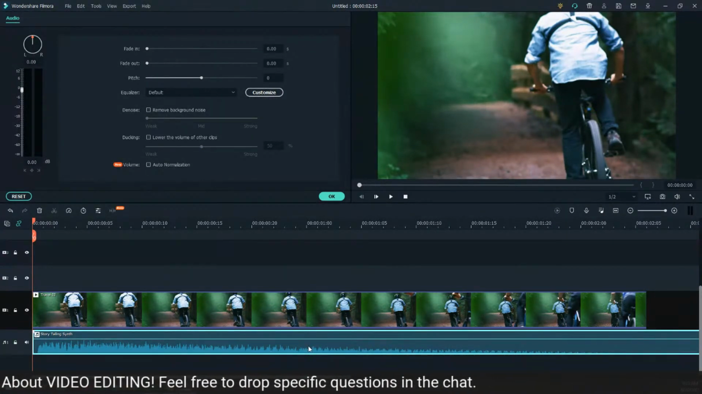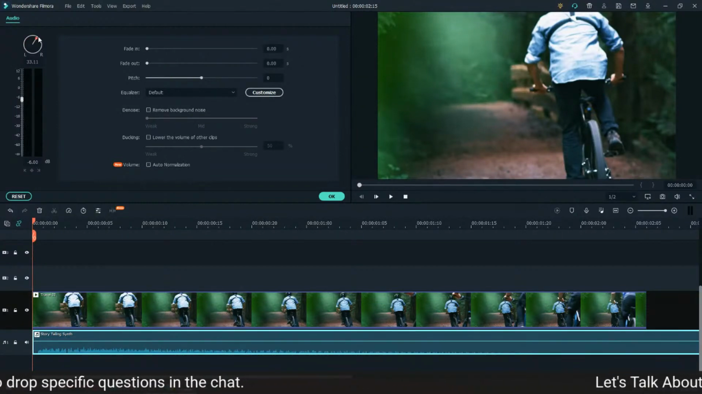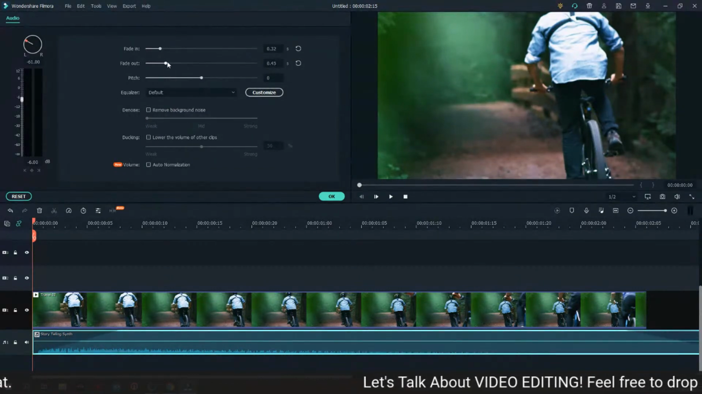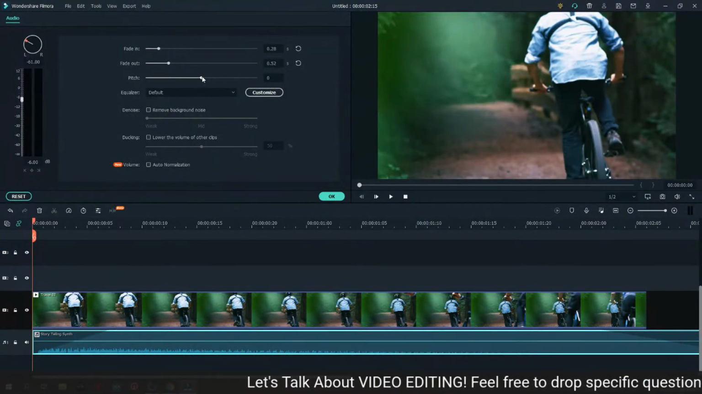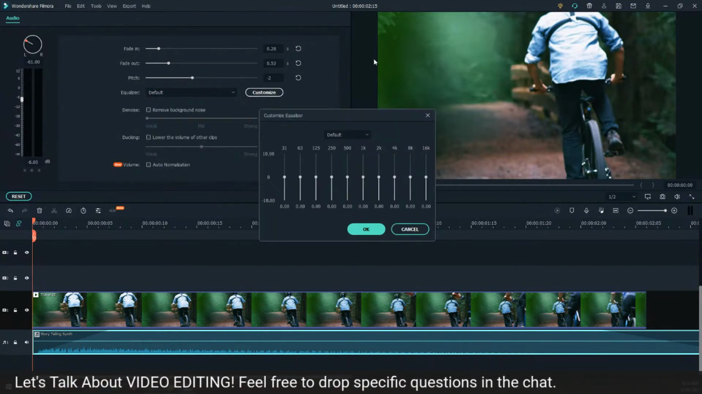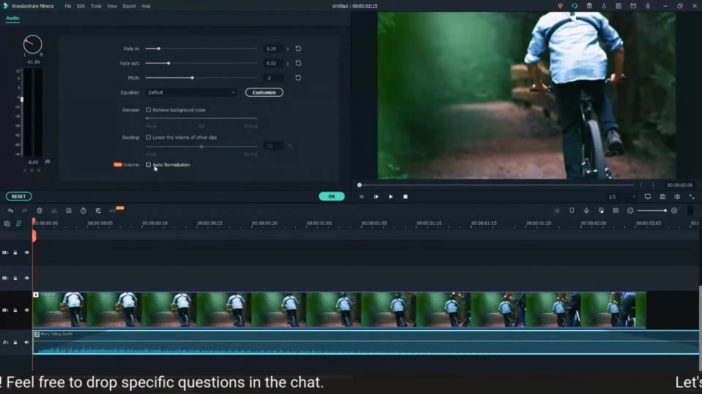So if you double left clicked on the audio track, now you see the ability to raise and lower the volume, pan it left and right here up in the upper left. You can put a fade in on it. You can put a fade out on it. You can change the pitch of it. You can change the equalizer settings, customize and equalize. They have some denoising, some ducking. They have a new auto normalization